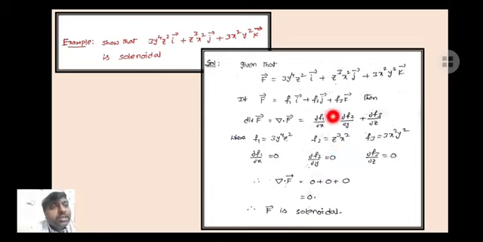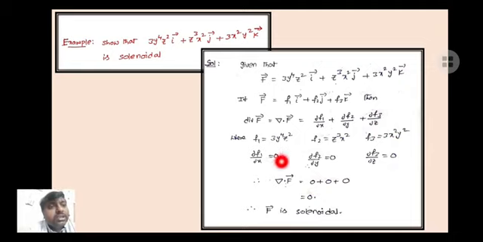Now I am calculating the partial derivatives. The partial derivative of f1 with respect to x: there is no x in this particular function, so other than x, all the rest are constants. So the partial derivative is 0. Now the partial derivative of f2 with respect to y. When we calculate the partial derivative with respect to y, z and x are constants. So the total term is constant, and the derivative of a constant is 0. Here also, the partial derivative of f3 with respect to z: in f3 there is no z, and x and y are constant. So the total term is treated as constant, and the derivative is 0.